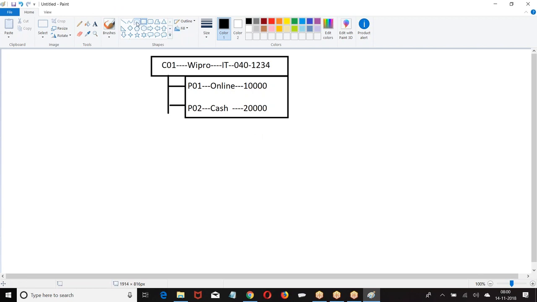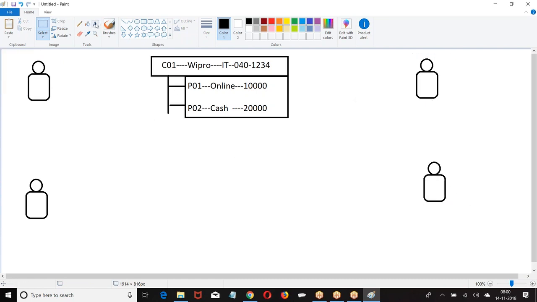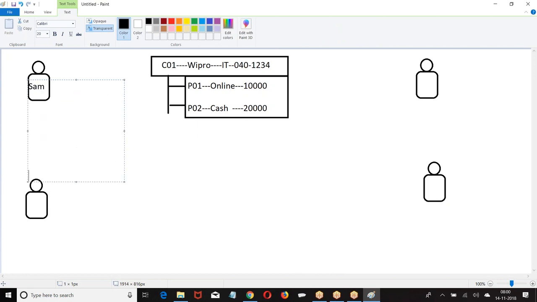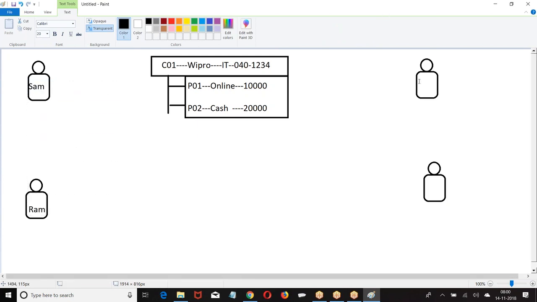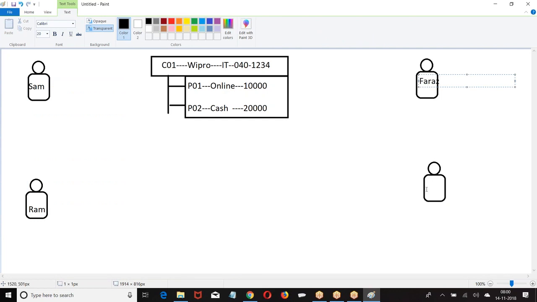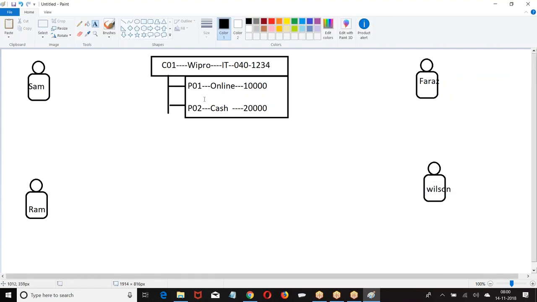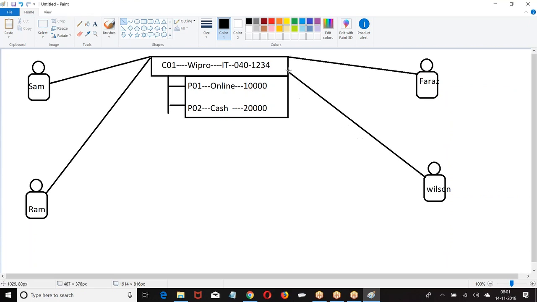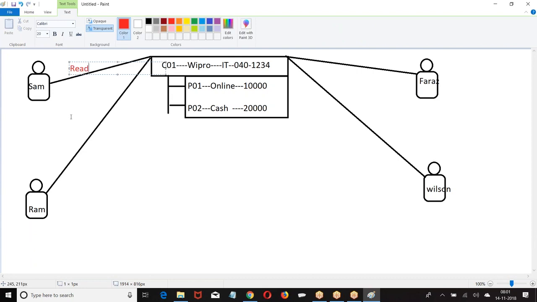Now the question is, Sham has read permission on master record.